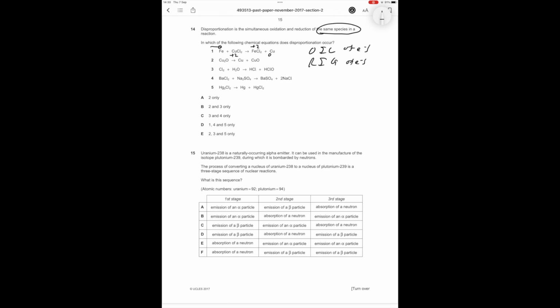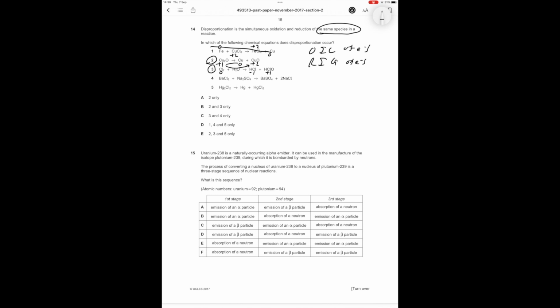it's not equation 1. Equation 2, copper goes from a charge of +1 to a charge of 0 and a charge of +2. So it's both gained and lost electrons, i.e. it's being both reduced and oxidized, so therefore this is a disproportionation reaction. 3. Chlorine goes from a charge of 0 to -1 to +1 as well. And so therefore it's both gained and lost electrons, and this is also a disproportionation reaction where chlorine is undergoing